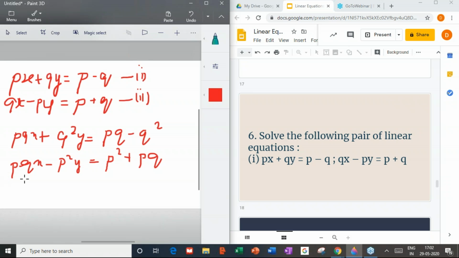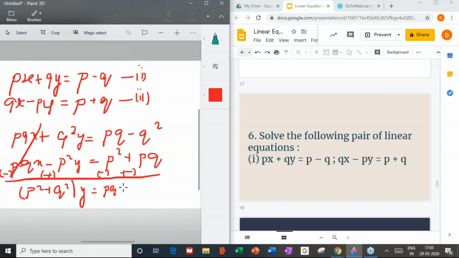Correct? If I simply subtract these two, I get rid of this. I get p square plus q square, taking y out common, is equal to, again a minus sign here, minus sign here. So what I'll get, pq minus q square minus p square minus pq. pq and pq will get cancelled, so you'll be left with